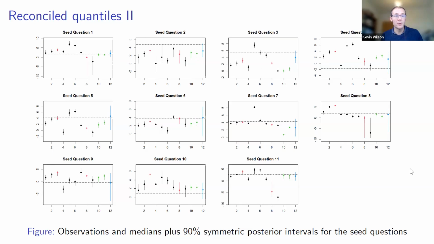Hopefully what you can see is that most of the experts are absolutely terrible. Most of the experts, most of the time, give very narrow intervals which don't contain the true value of the variable. Whereas using the aggregation, we've managed to capture the true value of the variable most of the time. And we've done that, as we often do in aggregation methods, by essentially having a much wider uncertainty in the aggregated distribution than the individual experts give. The Bayesian aggregation has worked out that the experts are overconfident and has essentially pulled the uncertainty wider to account for that. So the true value of the seed variables is within the aggregated distribution, but is almost never within individual expert distributions.